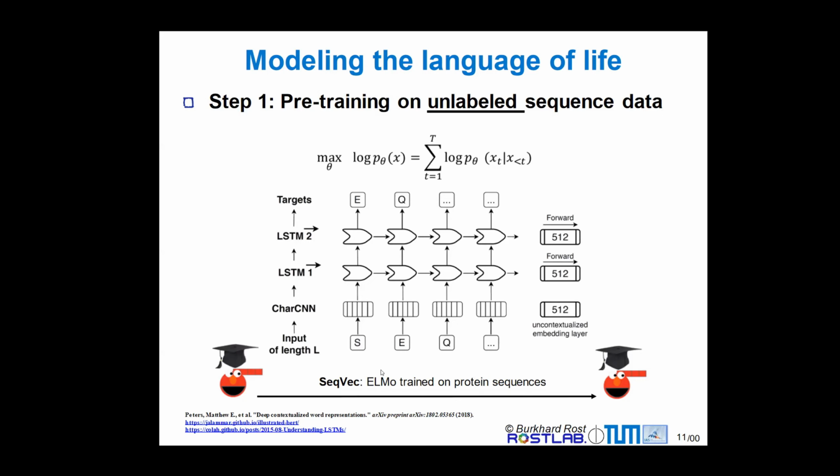And this allows you to process also whole UniProt instead of being limited to PDB, for example. So yes, UniProt is also still biased to a certain extent, but most likely less biased than PDB, for example. So this is already a good thing. We can now move from these highly biased labeled sets to the little bit less biased unlabeled sets. But how does this now actually work? So you have here an input sequence of length L. So you have here each amino acid or each word in the sense of Elmo is fed to the neural